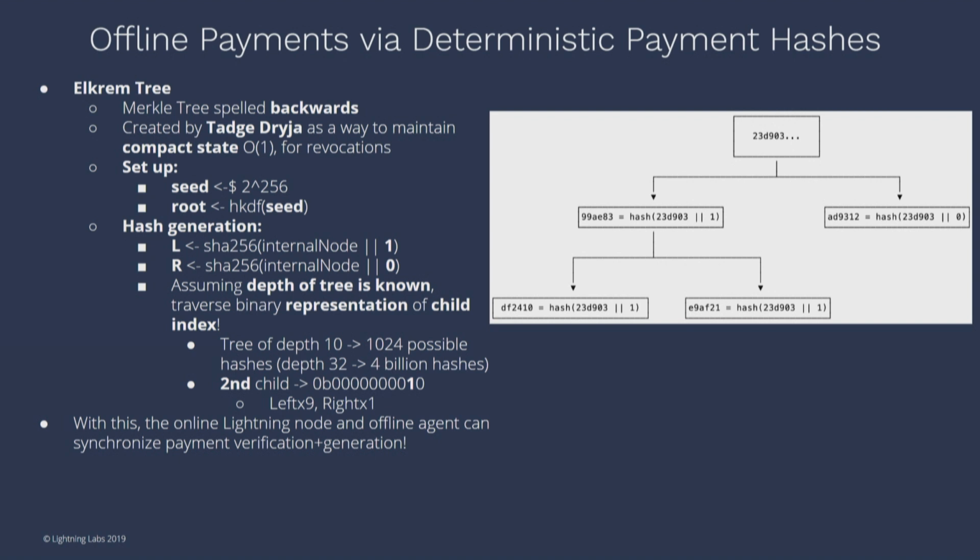This is what it will look like essentially, right? So let's say we have our root node, that's 2, 3, D9, whatever else. And we have our 2 other branches, left and right. So I hash 1, I go left, and I hash right, and I go 0, and then I go one further step down to the other step there too.